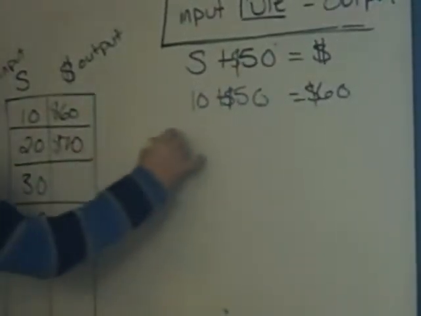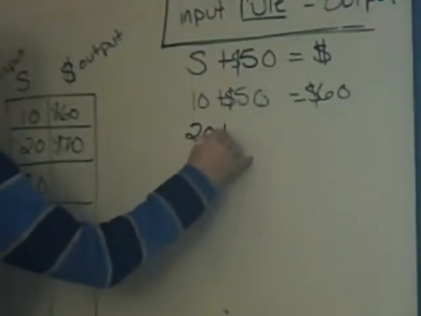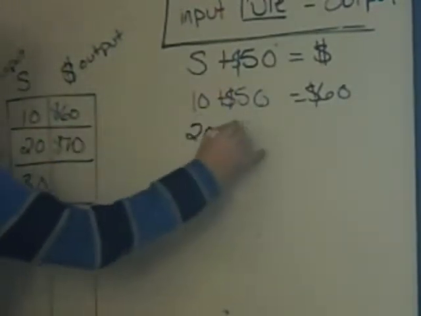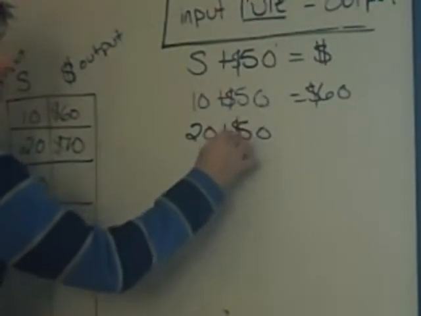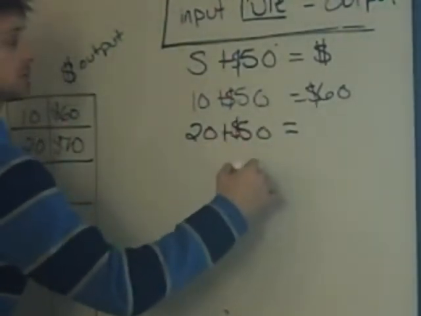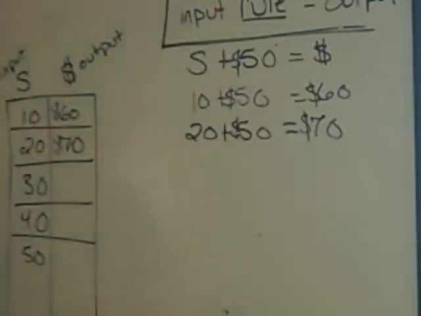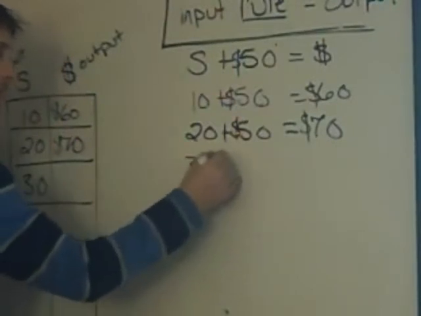Good, Treyante. Set up the next one for me, Ariana. 20 plus 50 equals $70. All right? Set up the next one for me, Isaiah. 30 plus